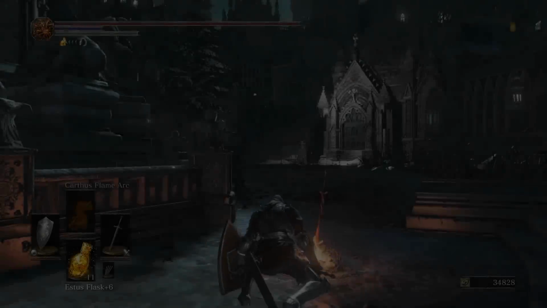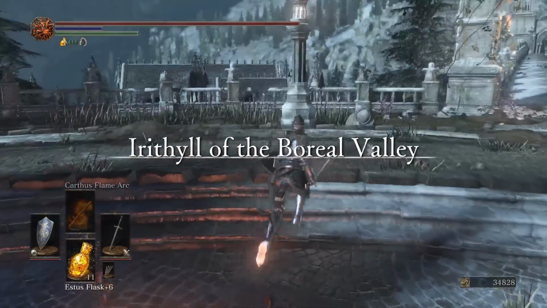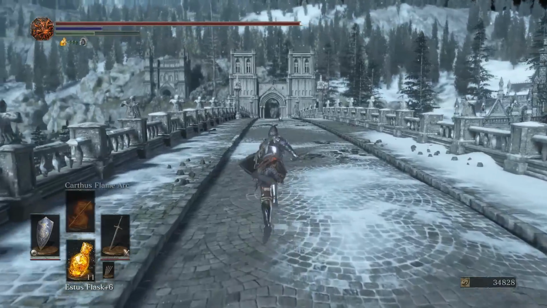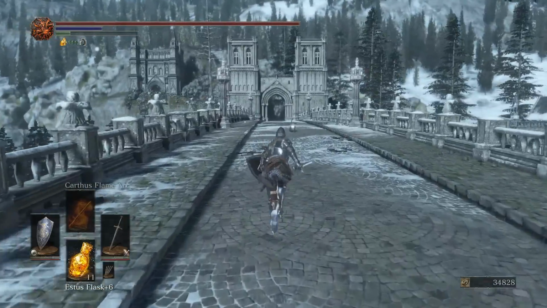Yeah, we want to just get all the backtracking done as soon as... I think I accidentally went to, yeah, this is where I wanted to be. Central Irithyll, because his armor set is on the bridge. Yeah, I think you went somewhere wrong, but I changed it. No, it said Central Irithyll on the menu when I hit warp, so...